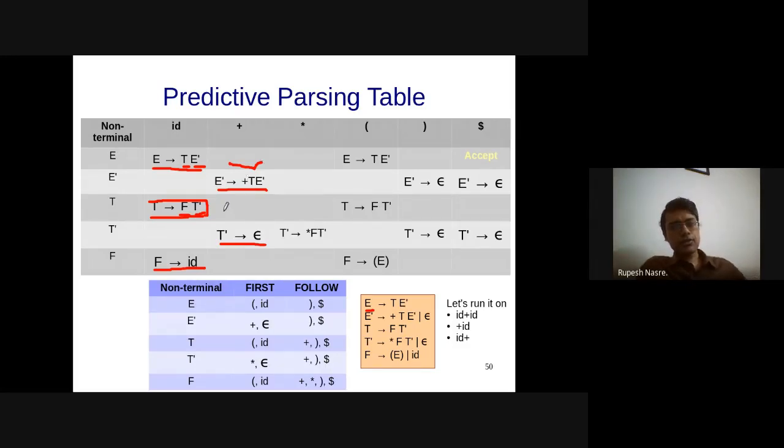Now id plus. The initial part is going to be the same, F deriving id and so on, then T prime deriving epsilon, so that comes back here in E. At the E prime stage, we have not yet consumed plus, so E prime on plus executes this part. At this stage, plus is consumed, and then we try to recursively descend into T. Since plus is consumed, we are at dollar, and therefore T on dollar is the production to look at, and there is no such production, and therefore this turns out to be a syntax error. So this is how it's going to be.